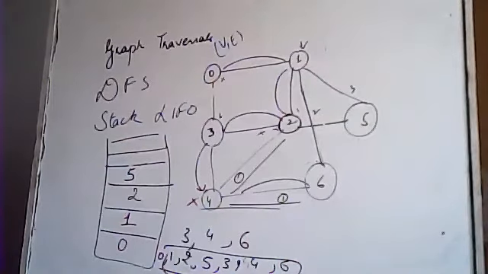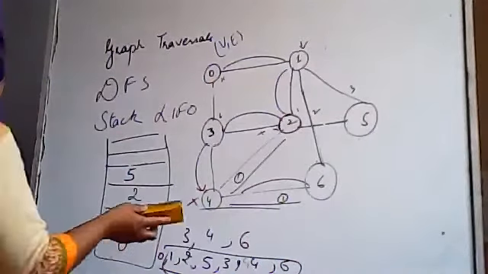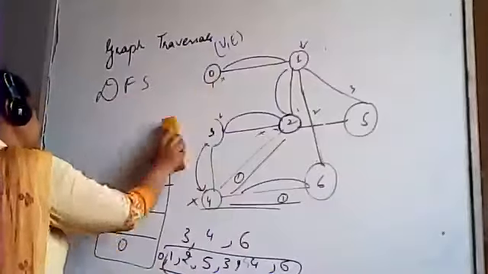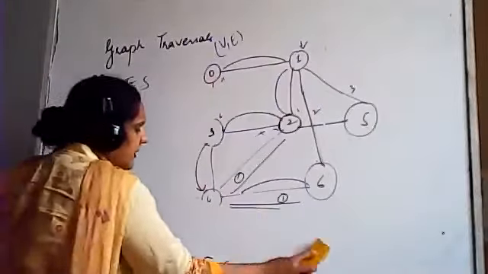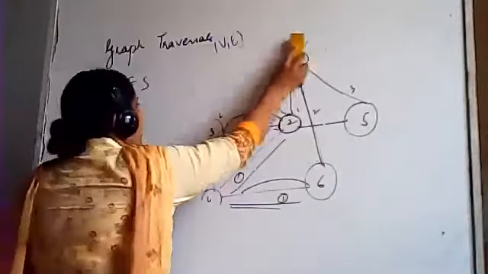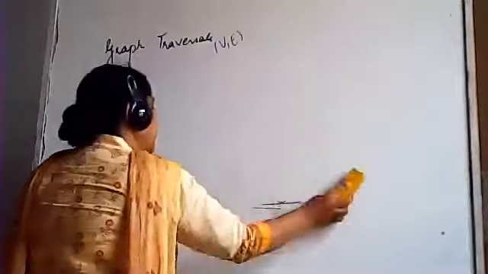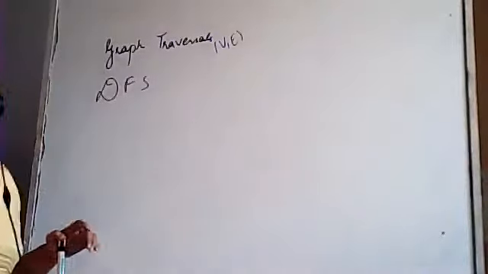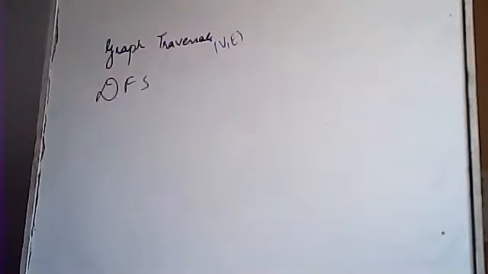So this is your traversal. The application I told you, generally they are found in finding the shortest route, and when you create routes for navigation, there BFS and DFS are taken into account. Generally gas pipelines, wherever you need the shortest distance, you start doing these graph traversals. Okay. So next is topological sorting.